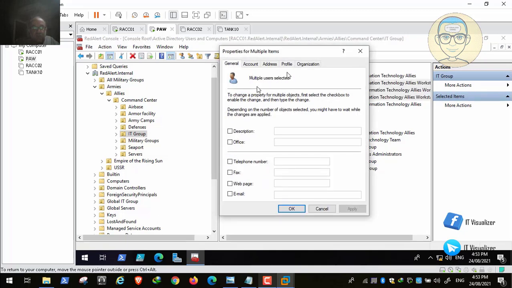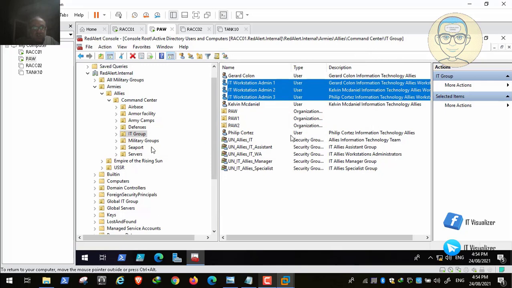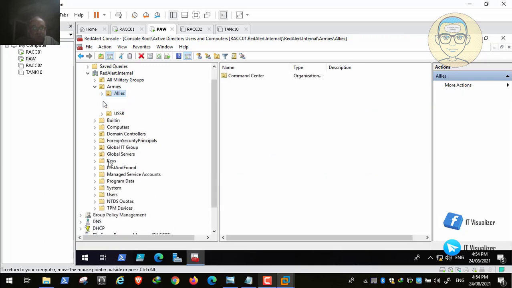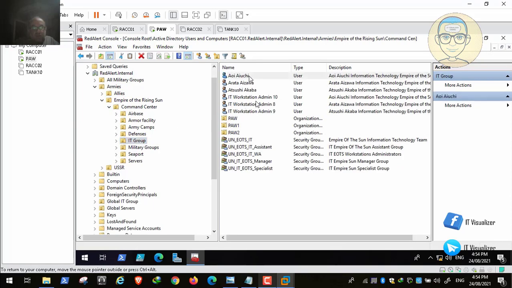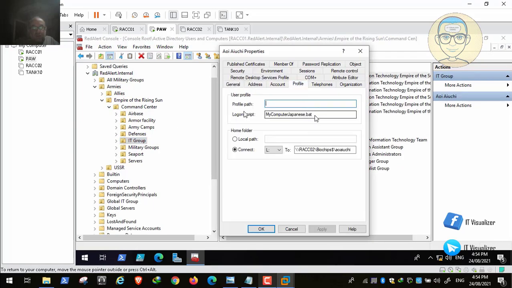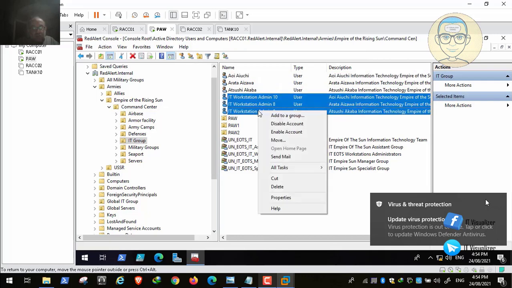Okay, and then we will add to the profile tab, and then login script. So this is the Ally, so the script, this is the Active Directory login script that should be applied. This is for the Ally, and then we will do this for the Empire of the Sun and for the USSR Army. So now we will do this, we will go to the Empire of the Sun, and then we will go to these three newly created IT workstation admins. So we will copy this script and we will put it for these three